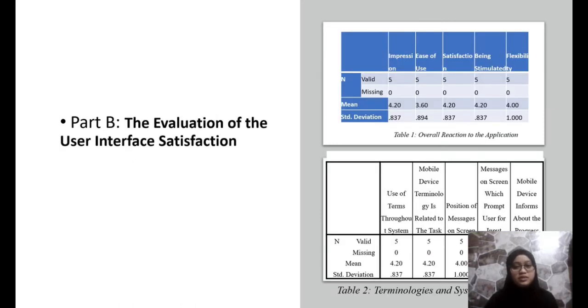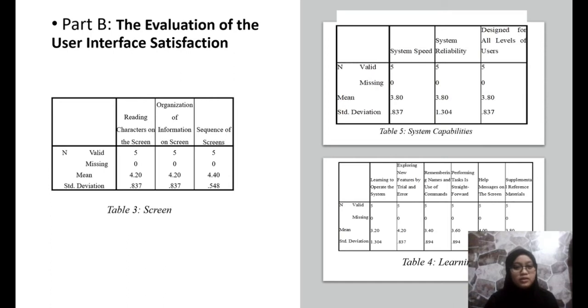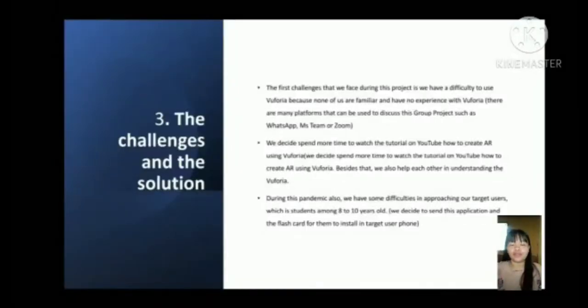The questions consist of overall reaction to the application. These are the mean and standard deviation from the 5 Likert scale questionnaire, and other questions include terminologies and system information, application, screen, system capabilities, and